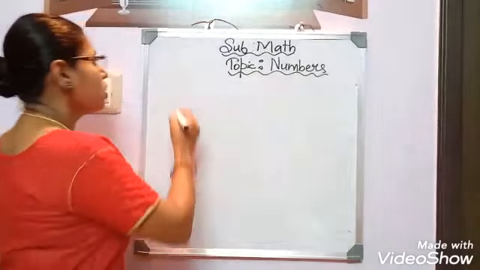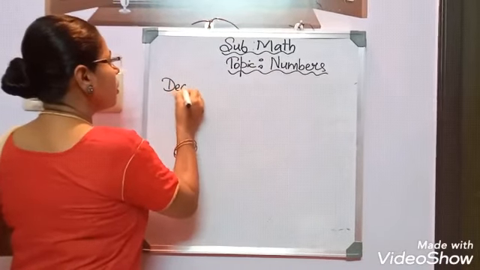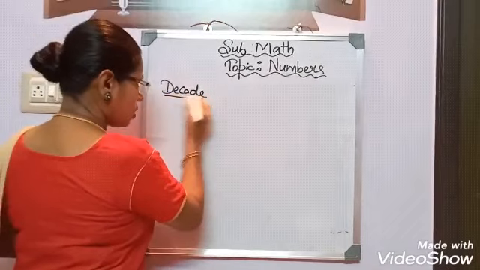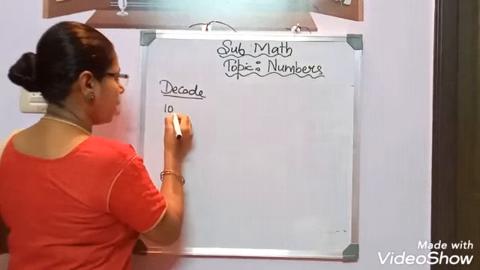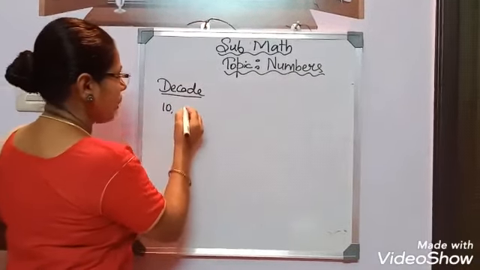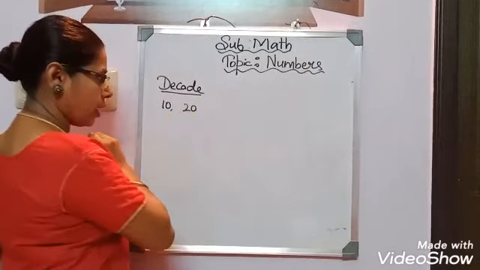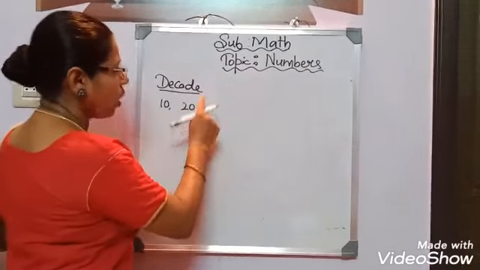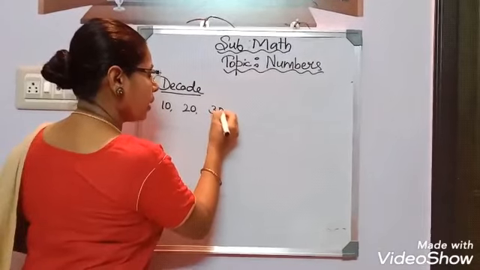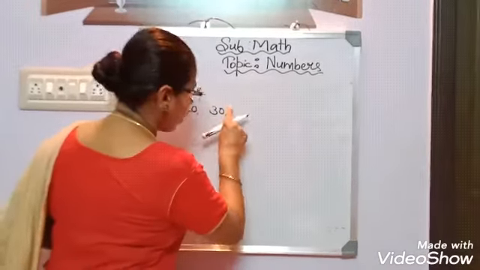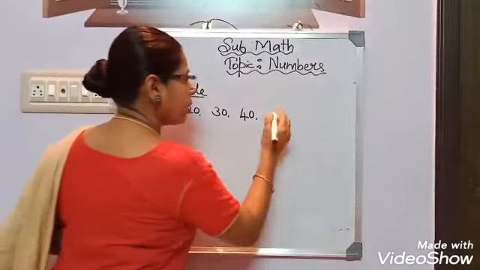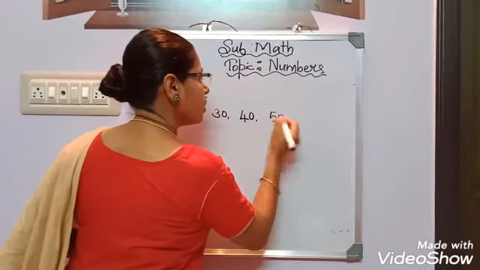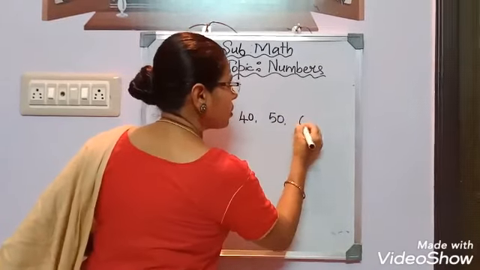Children, now I will teach you how to write in your classwork. Write the subheading as decade, underline, and then below that you write 10, comma, give one finger space, and then write 20, comma, give one finger space, write 30, comma, give one finger space and write 40, give one finger space and write 50, then 60,